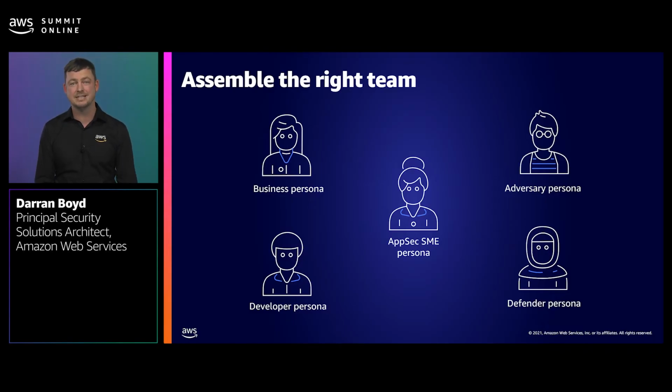The developer persona is the persona who is actually performing the build. This is the persona who has been most intimately involved in the design to date and any design decisions that have been made to this point, and they'll ultimately be delivering the outcome requested from the business persona. On the other hand, we have the adversary persona. This persona is focused on being highly critical of the design, looking for chinks in the armor, looking for vulnerabilities that they could exploit to carry out an attacker's goals and motivations. They're taking a very adversarial and attack-centric view.